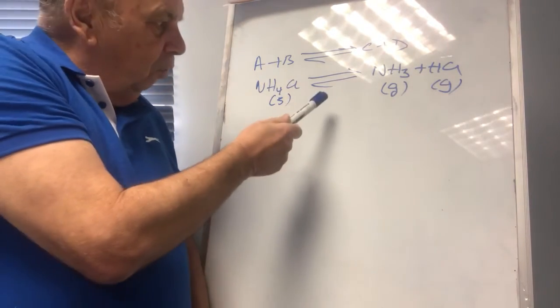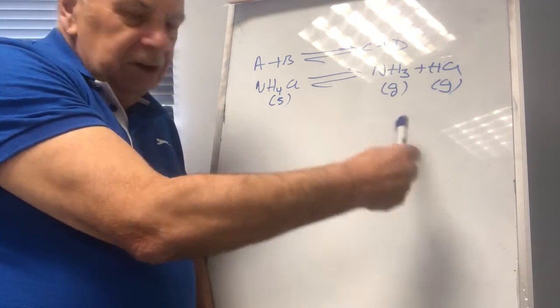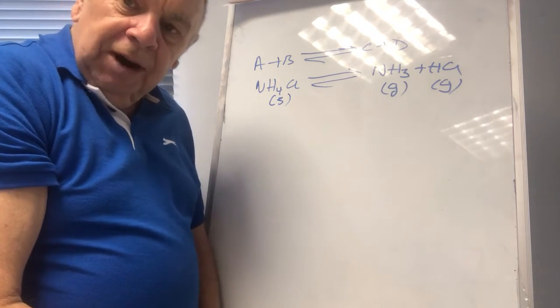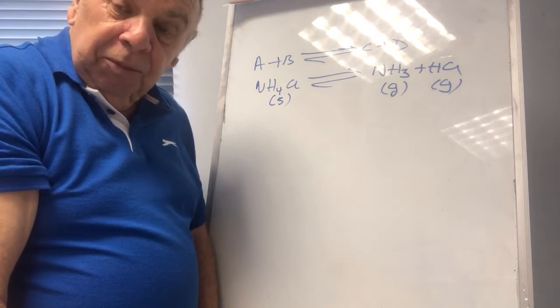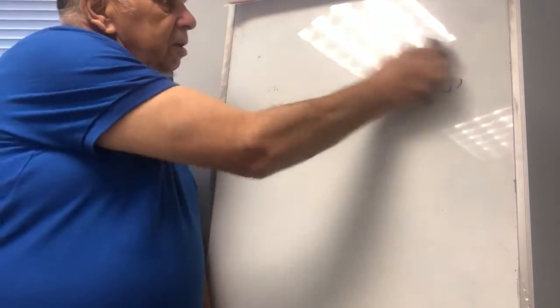When the forward rate of reaction is equal to the reverse rate, the reaction is said to be at equilibrium, but I'll be talking about that quite soon. Let's look at another